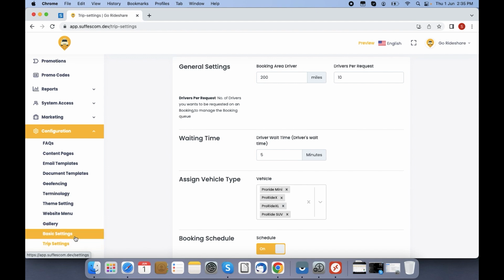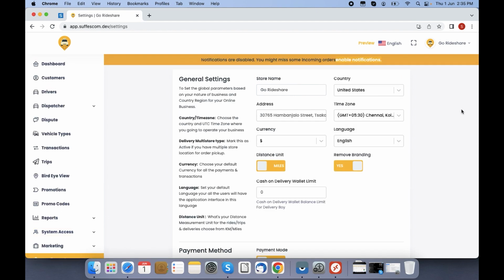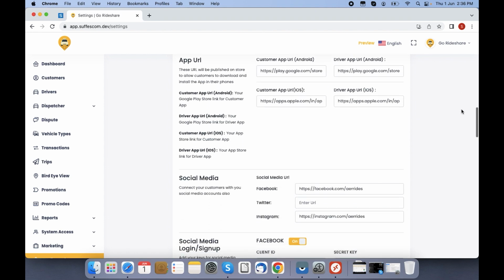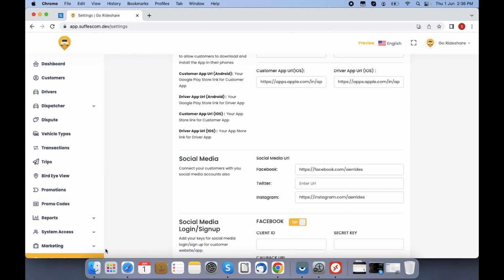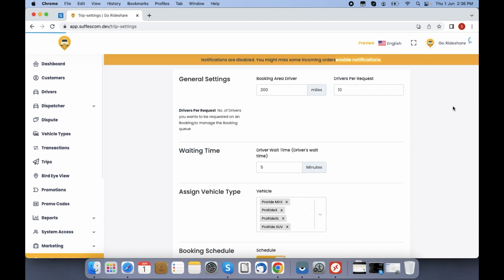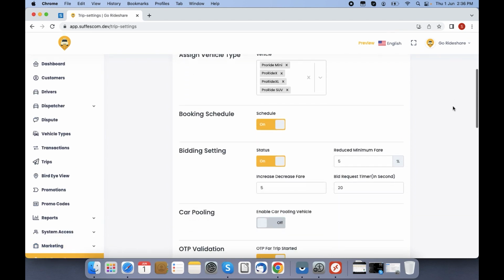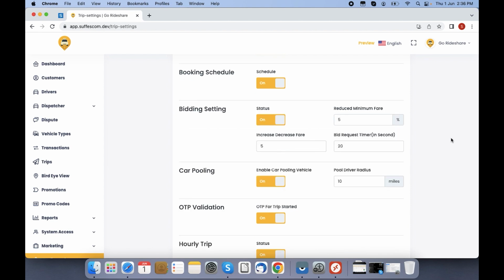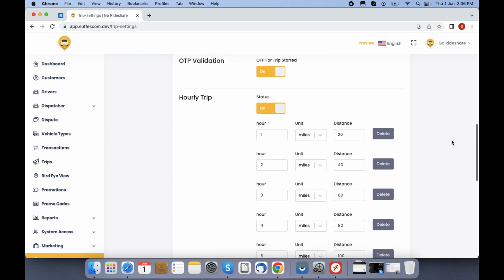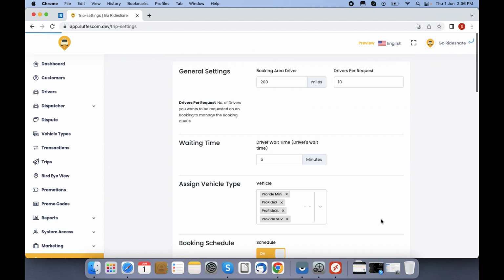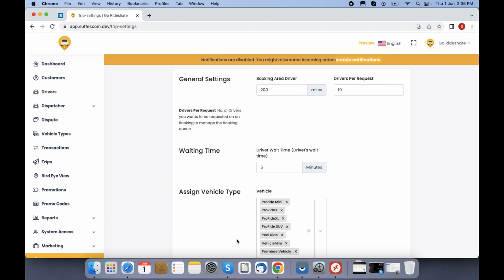Okay, so in the basic settings, we'll go to the trip settings. Okay, so carpooling was off. We'll just turn it on, and I'll show you one more feature. Save changes. So what will happen next is